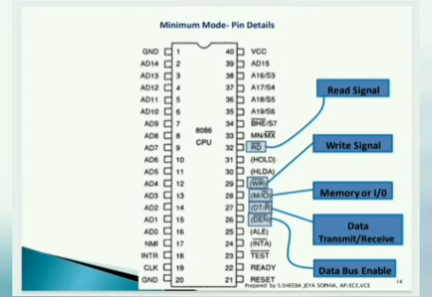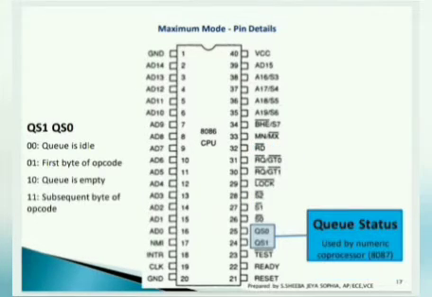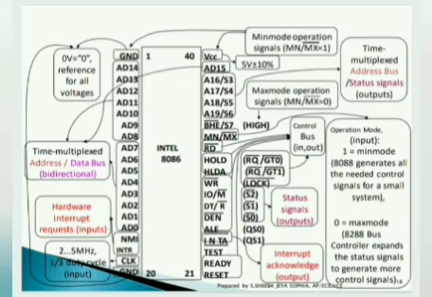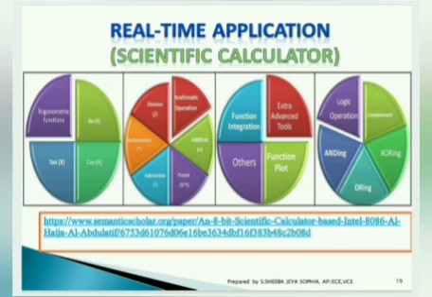And the 34th pin is again a status pin, which is used to indicate the status of the microprocessor through the flag registers. It also acts as BHE bar, that is bus high enable. It enables the most significant data bits during read or write operation. So these are all the pin details available in the 8086 microprocessor.